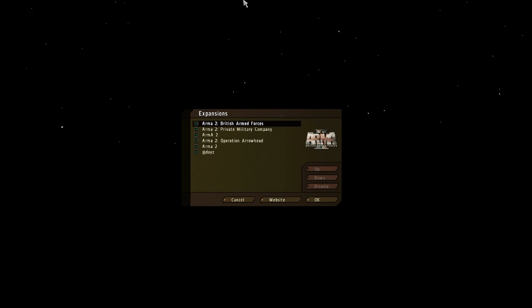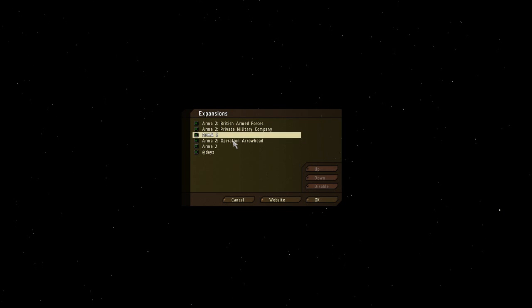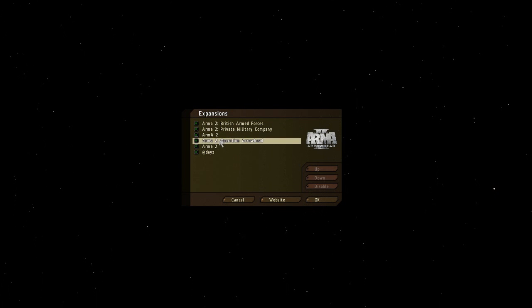You have some expansion packs here. You'll see ARMA has a couple expansion packs out. You have ARMA2, which is the base game. Then you have ARMA2 Operation Arrowhead, which is a standalone expansion, in case you don't know what that is, to say that you don't need ARMA2 to run this. It's its own separate game. But what I have is Combined Ops, which is ARMA2 and Operation Arrowhead together, all one big, massive military library